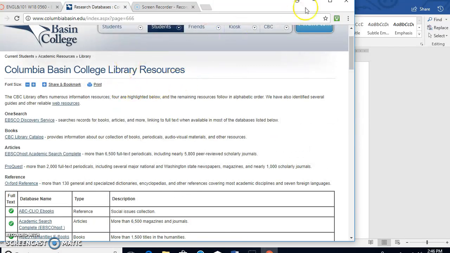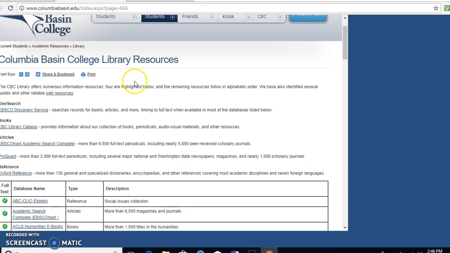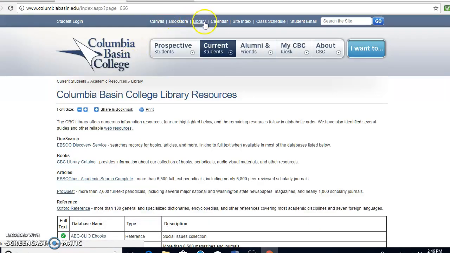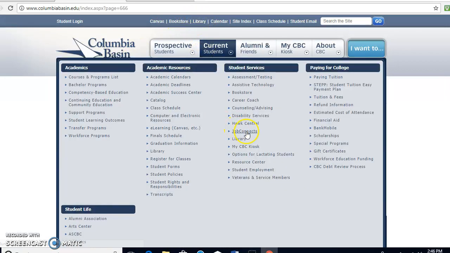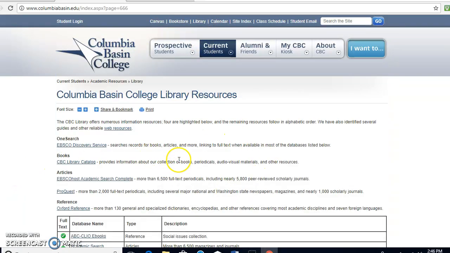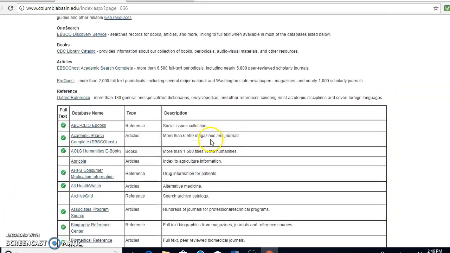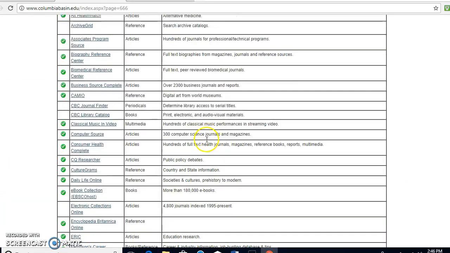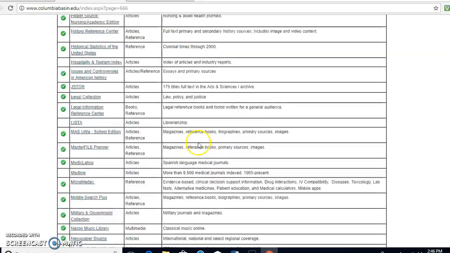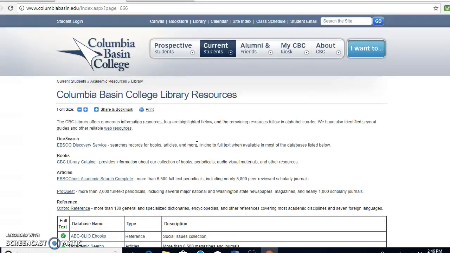Here we go. Alright, so if you click on that library databases page, right up here, you click on library. We have a whole lot of databases you can use as a part of CBC's provision of journals, newspapers, articles, etc. There are a couple that you'll probably find most helpful here. The Oxford Reference will be helpful if you want to find dictionaries, encyclopedias, or other easy to access straightforward information. You can also use ProQuest or EBSCOhost in order to find things that are going to be helpful in terms